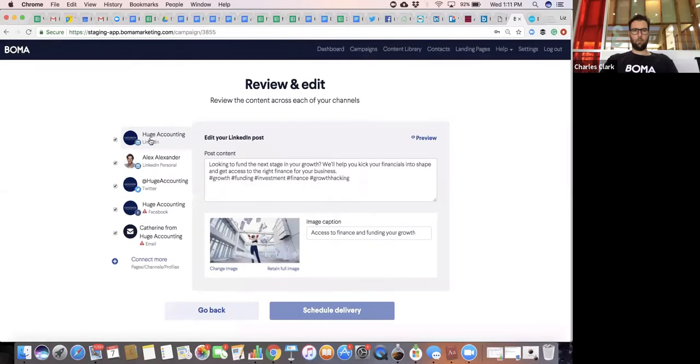So now we can see down the left-hand side here, Boma has selected all the channels, and we can choose whether to send to all of them or take one out. LinkedIn, my LinkedIn personal, Twitter, Facebook, and as an email. So if we start with LinkedIn, you can see here that Boma has suggested the post. You can change this. So for example,